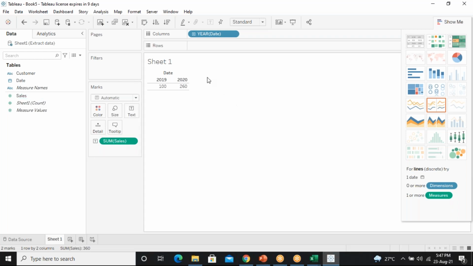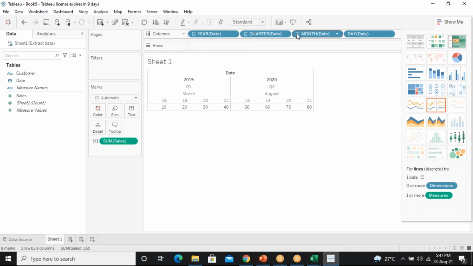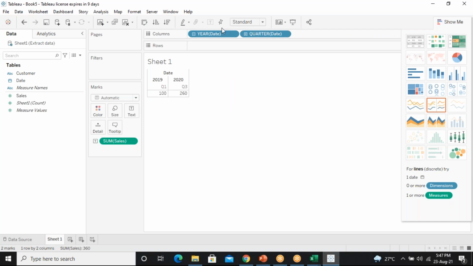So here I'm getting the sum of sales, and here I'm getting the date. By default the date comes in the format of year. When I click here, I get quarters, then month, then days, like this. This is called aggregated.